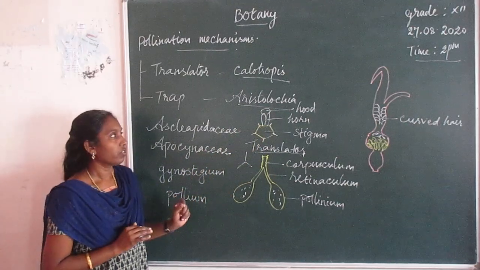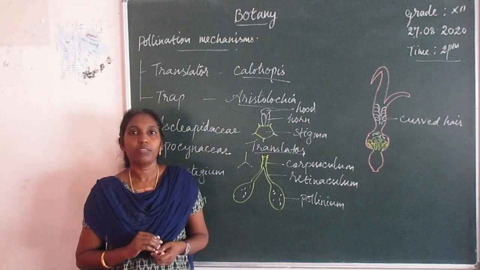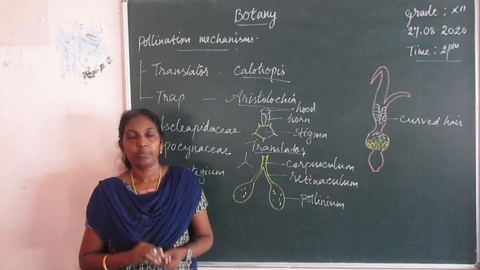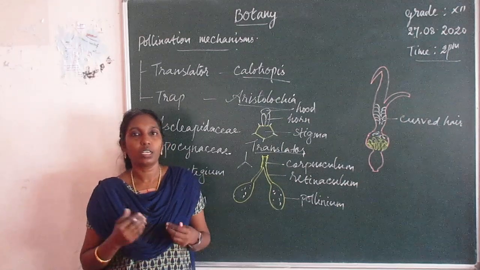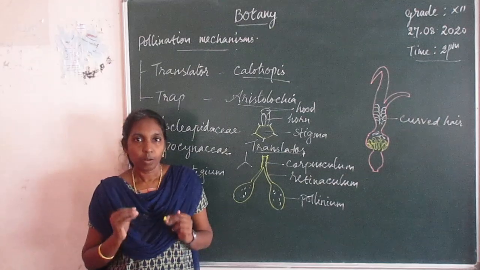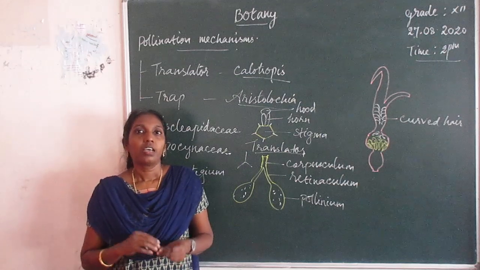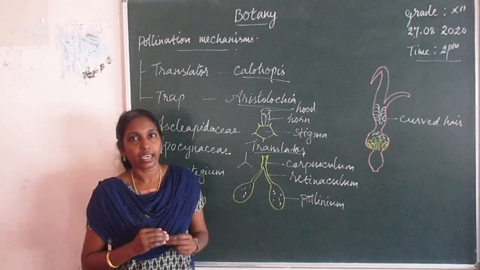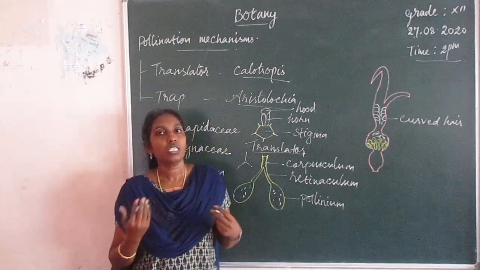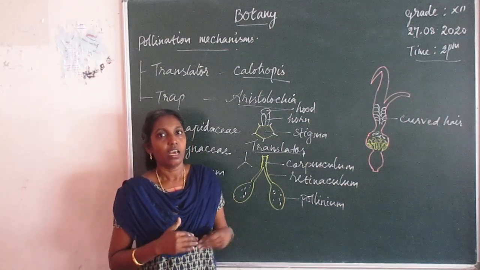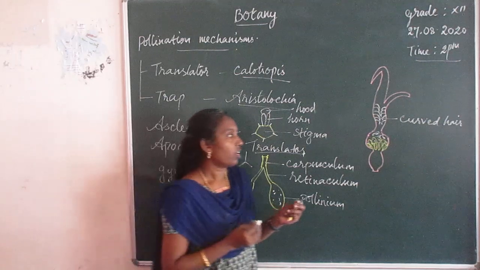Then another important point: pollination is a composite event. Composite event means it's a high level event. Pollination is not only giving floral rewards, that means it gives nectar and pollen to the visitors. It also provides the microclimate, shelter and site for egg laying insects. There are a number of egg laying insects which come and visit inside the flower. Let us see a few examples. There is a flower called yucca.